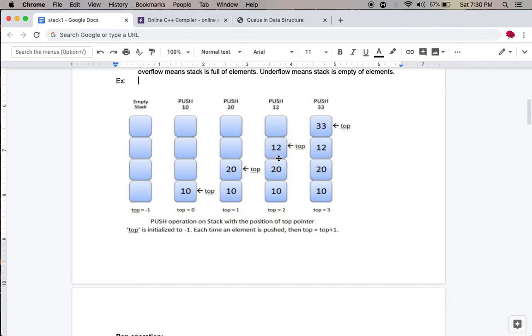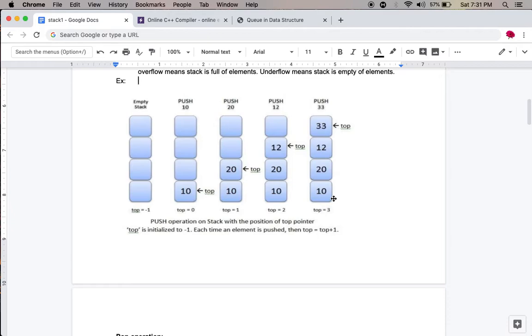Second index position, and you can push that element into that empty location. Okay, so again we are performing the push operation to insert the element 33. Before inserting, here again you have to increment the top by 1. Whenever you increment, the top is 3, and therefore the top points to the next index position, the third, which is an empty location. In that empty location you can push the element. Now the stack is full.